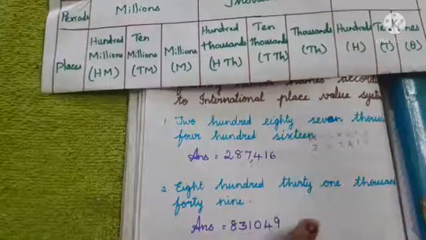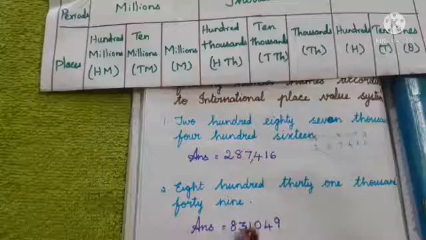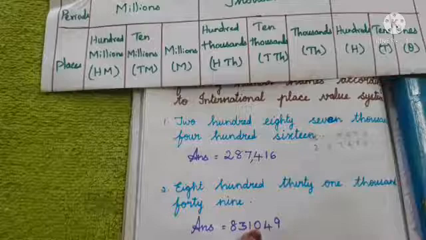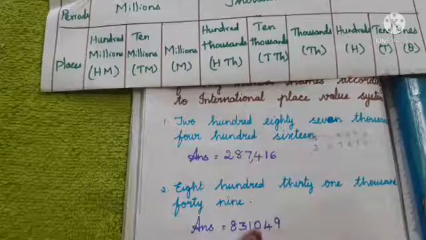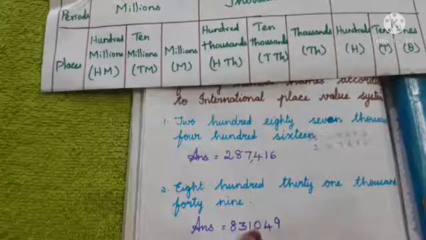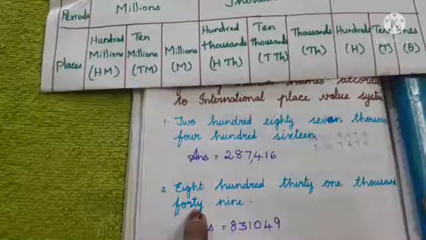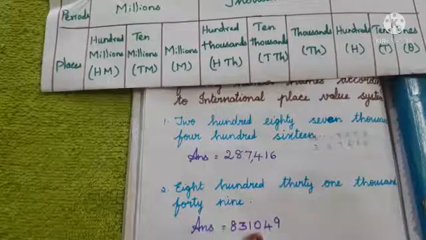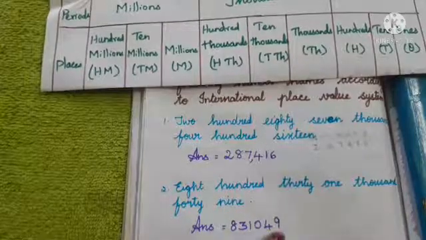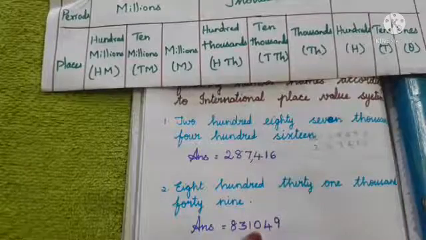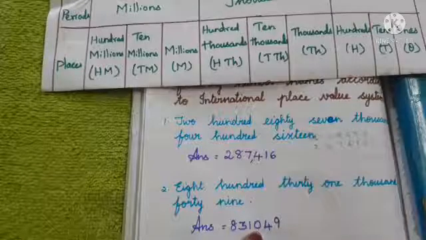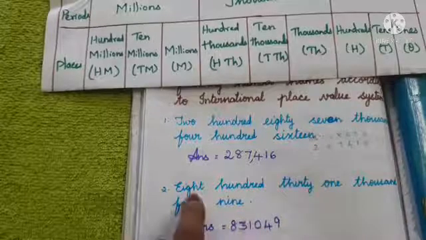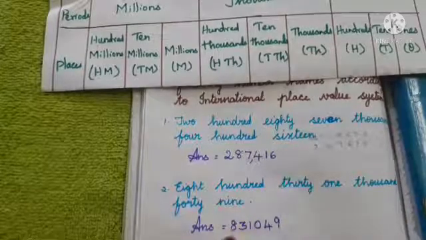31,000. Next 100 is not there, isn't it? So no 100, so we have to write 0. If the place value is not available, we have to put 0 for that particular place value. So here no 100, so in the place of 100 we have to put 0. Then 49. 40 is tens place and 9 is ones place. So 49. Have you understood? This is ones, tens, 100. 100 is not given, so we have written 0 there. Then 31,000, so 31,800. I understood this.